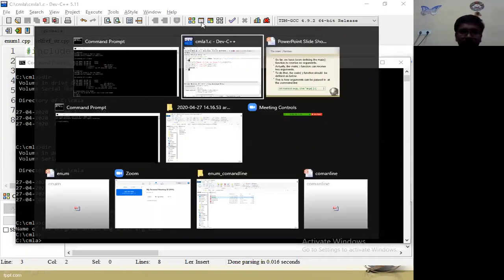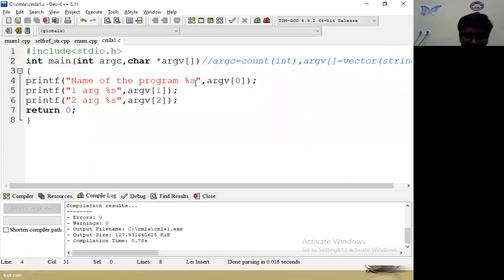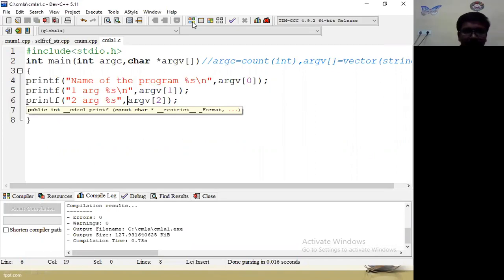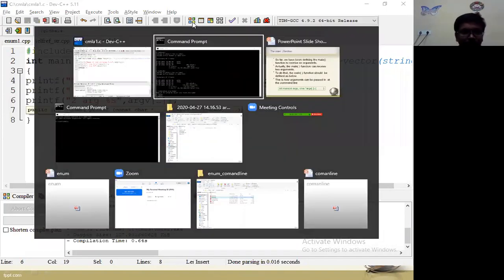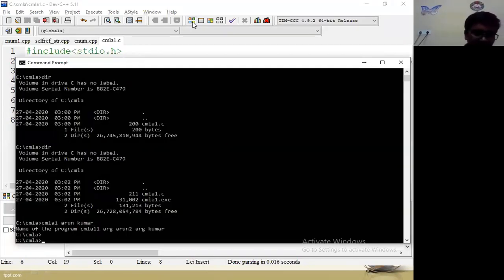Let us verify our program. Here you have to give backslash n. After a better understanding of the output, I will explain the exact command line argument. Here, we give the program name without any extension.